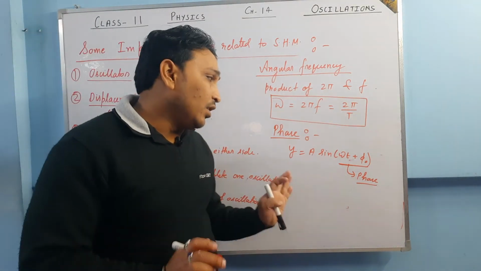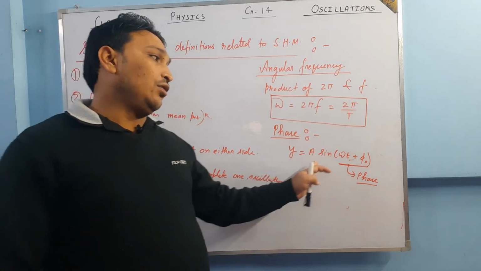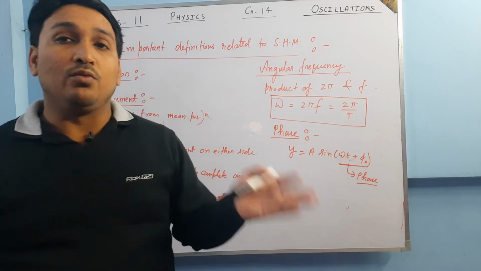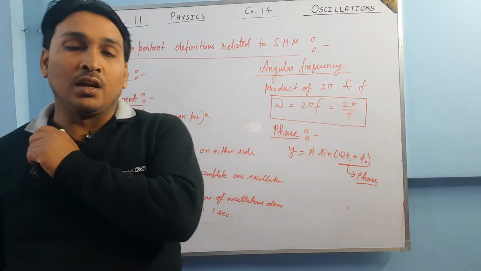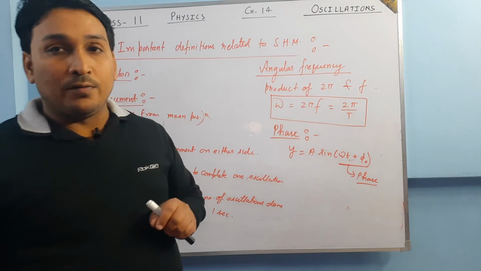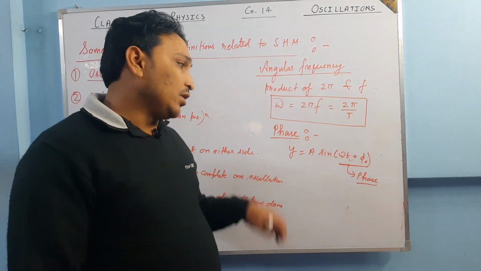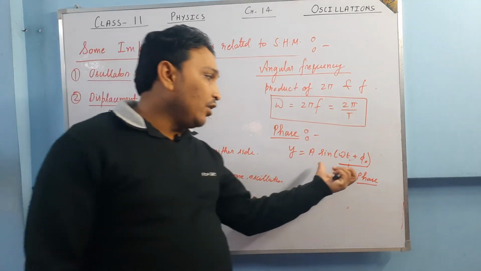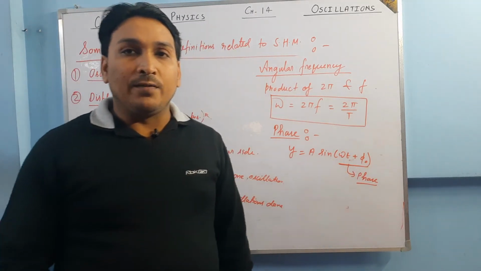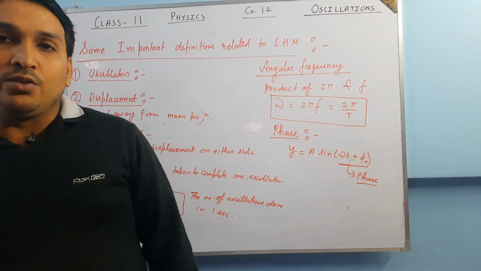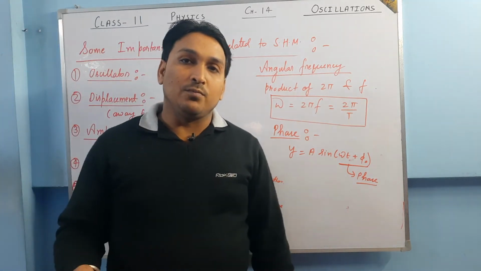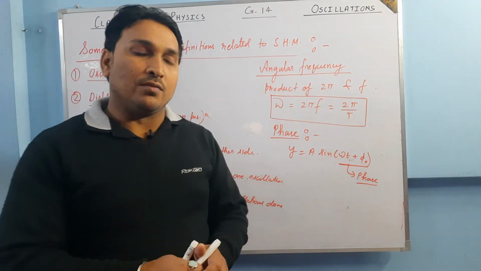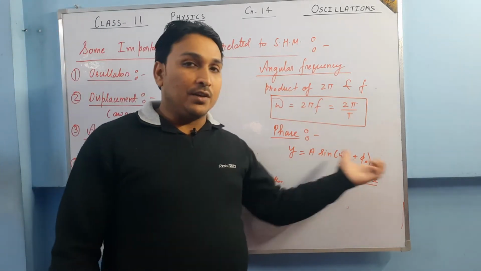An SHM can be represented by y is equal to a sin omega t plus phi naught, y is equal to a cos omega t plus phi naught, y is equal to a sin omega t plus b sin omega t. Okay. In that case, how the phase is defined, I am going to tell you that. But suppose it is written y is equal to a sin omega t plus phi naught. So whatever is written in front of sine, that is the phase. And what does that phase give you? The phase gives you information about the particle's position, instantaneous position. It describes the position.